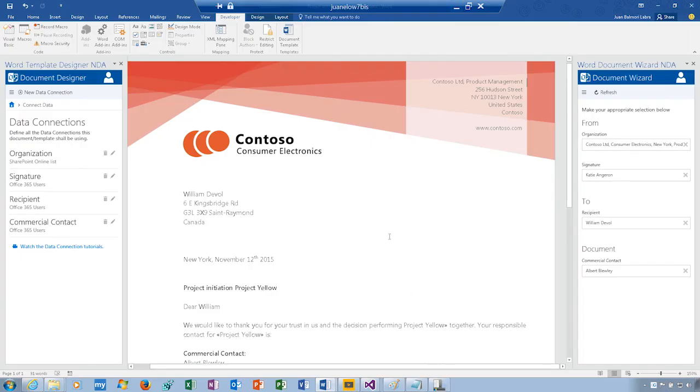So the Office at Work add-in takes productivity to the next level by allowing end users to very quickly create day-to-day documents by just selecting a few fields in the task pane. The Office at Work solution is composed of two add-ins, as you can see here. On the left, we have the template designer, the document designer, and this is the tool that designers use to create a connected template. On the right-hand side, we have the